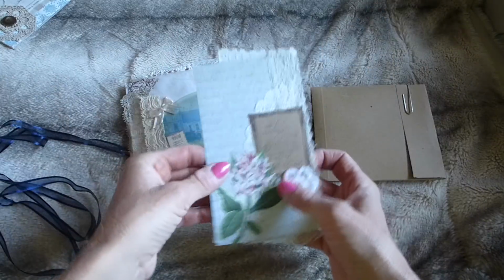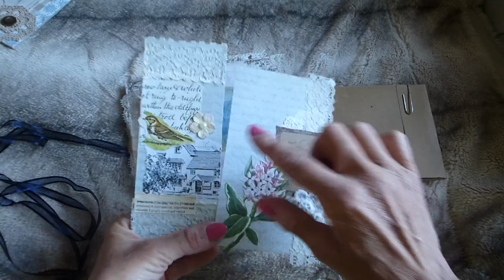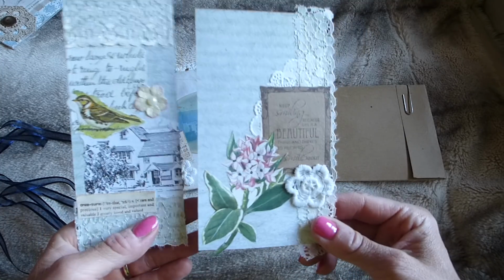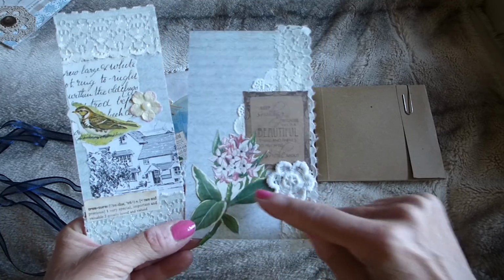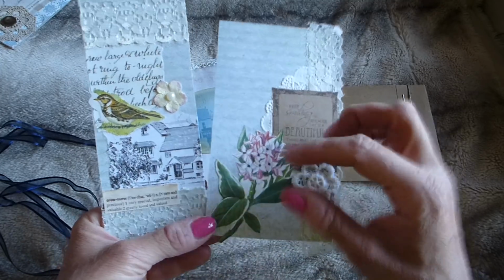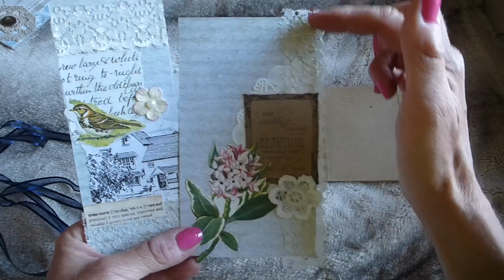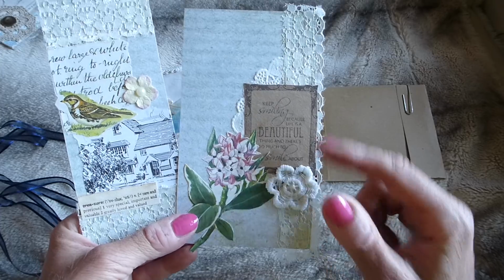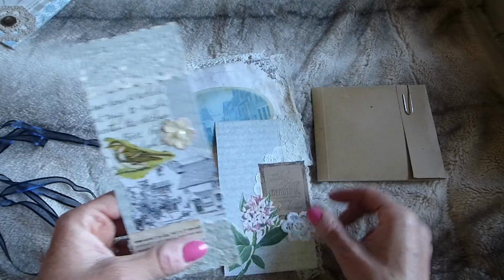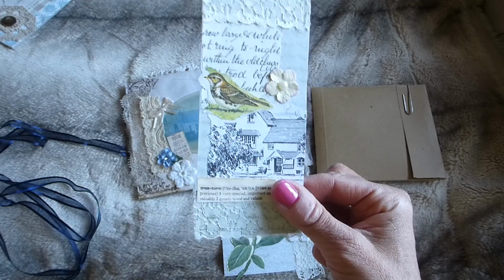Inside here we've just got a couple of little items which are basically on this very pale sage green scrapbook paper. This one has a vintage flower which I've fussy cut out. And then there's some doily piece there and some lace trim down the side, a stamped image here and a little flower. And then this one,